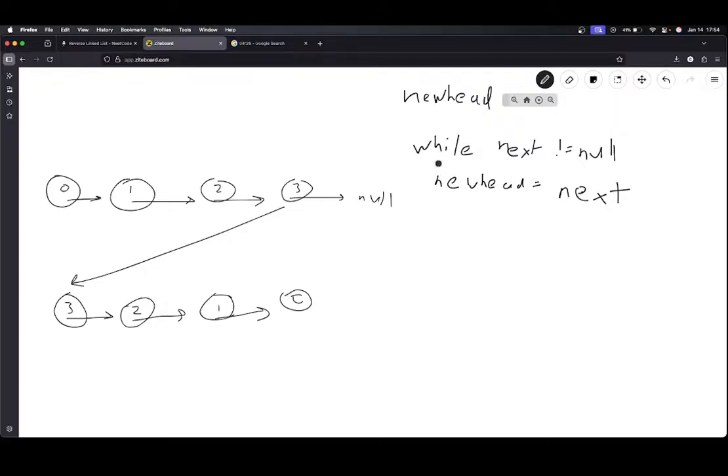Because when we check the next, let's say we're right here, right? We're gonna be checking next. Oh, next is 3, so that means that the new head must be equal to next. But then once we get to 3, next is equal to null. So this loop won't go through at all. And so once I find the new head, I'll be